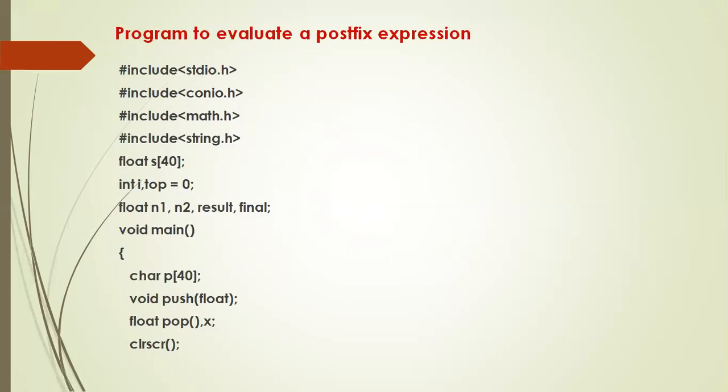The second one is evaluating an arithmetic expression given in postfix notation. In the last class we discussed the algorithm. Whenever you are evaluating a postfix expression, there are two possibilities: the postfix expression can contain an operand or an operator. When an operand is there, what do you have to do? You simply push it onto the stack. When an operator comes, what do you have to do? You remove the top 2 elements. The first element you remove, you store in N1. The next element you remove, you store in N2. Then apply that operator between N2 and N1, and once again push the result back onto the stack.